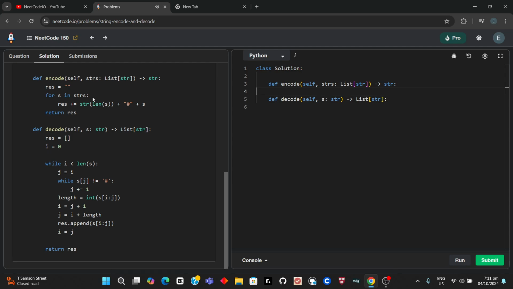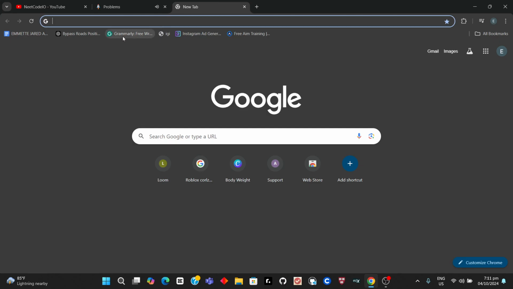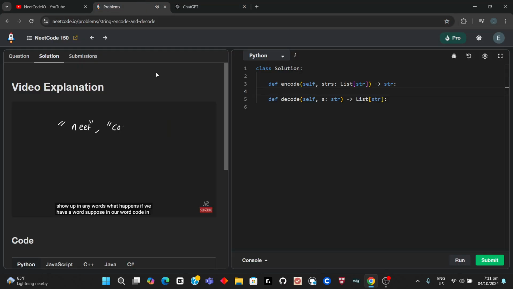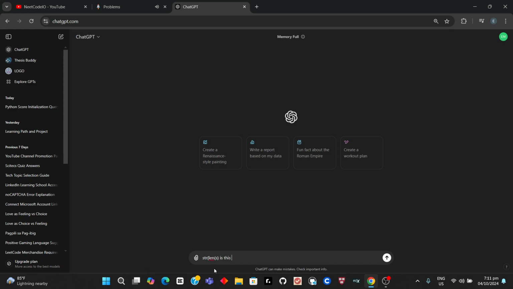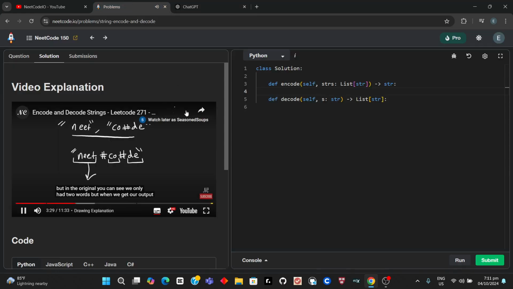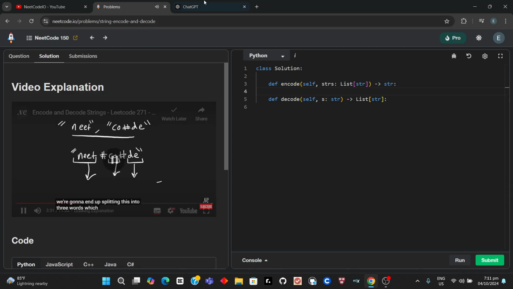But basically, our assumption when we're using this pound sign is that the pound is never going to actually show up in any words. What happens if we have a word, suppose in our word code, in the middle of the word, we have a pound sign? There's no reason why we can't have something like this. So in that case, when we take this and encode it, we're going to get something like this as the encoded string. And then when we split it, we're going to have three different words, neat, co, and de. But in the original, you can see we only had two words, but when we get our output, we're going to end up splitting this into three words,